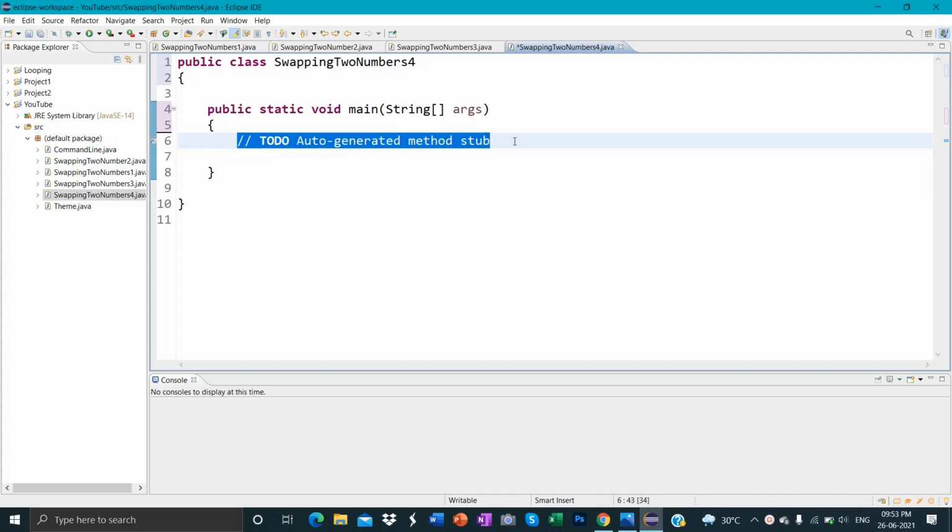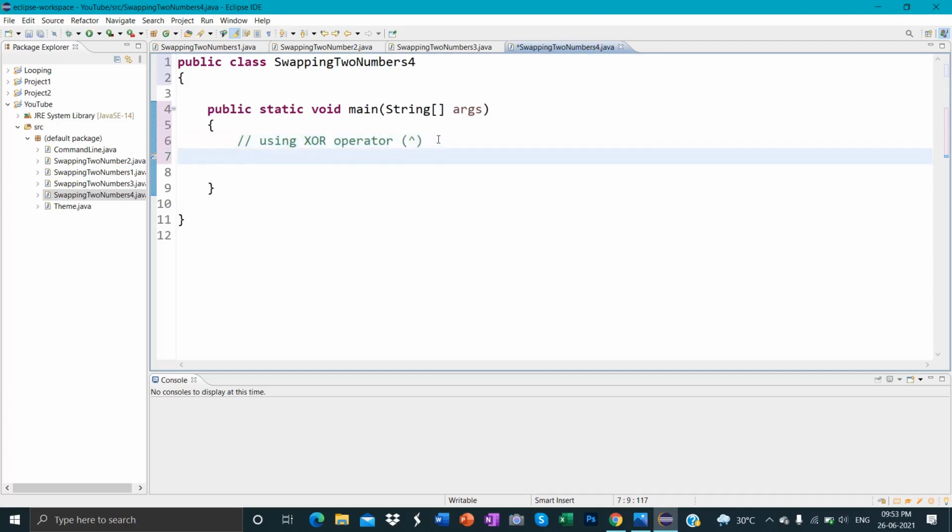Using XOR operator. You might know what bitwise operators are. Same XOR operator is there. The logic is using XOR operator. This is XOR operator. This one. Yes. Now, guys, we know that a bitwise operator first converts a decimal number into binary, then performs any operation upon